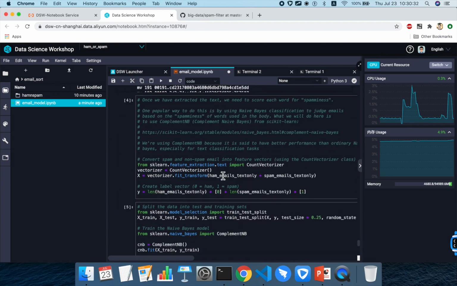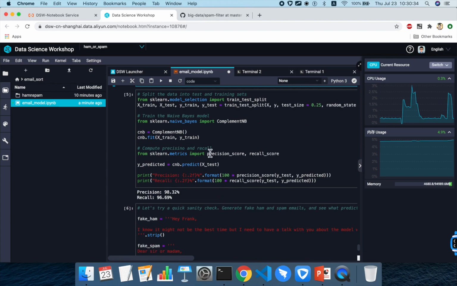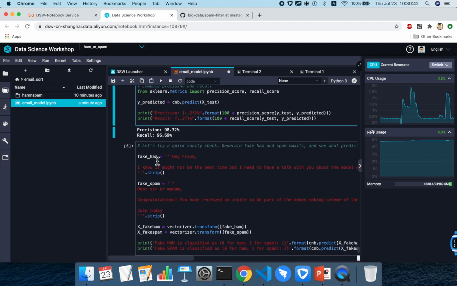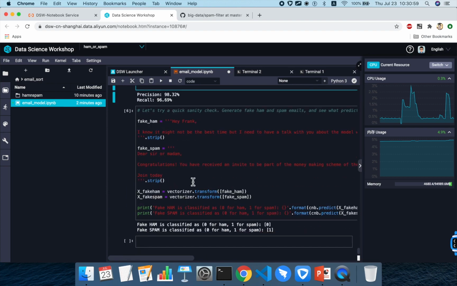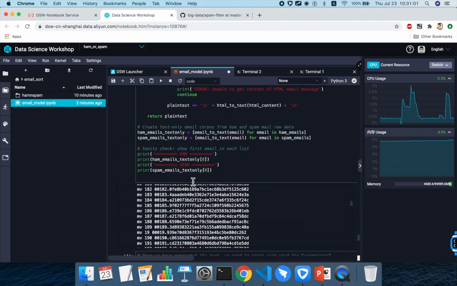And then I train my model, and we calculate the precision and recall. It's very good. It's catching more than 95% of spam. It's doing very, very well. And if I try it on my fake messages, I can see that it classified my ham message, my legitimate message, as 0, which is correct. 0 means it's ham. And it classified my spam message as 1, which is correct. That means spam. So it's doing quite a good job. And actually,